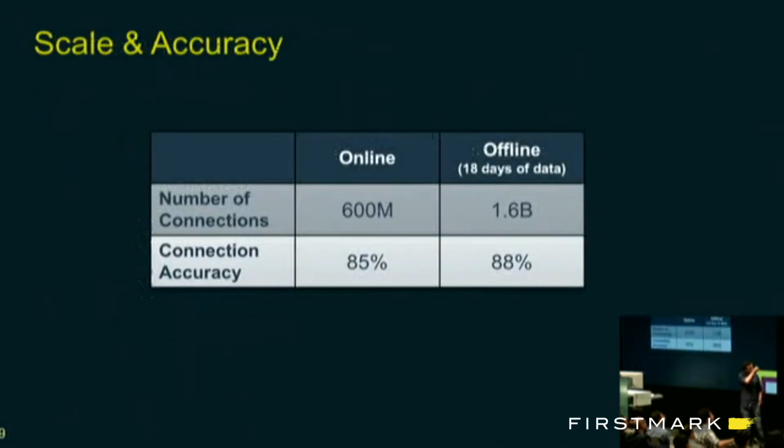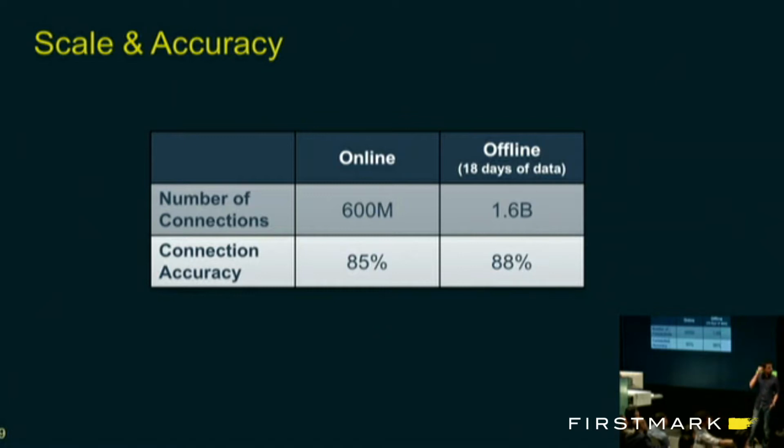And what we found is that we took the number of connections, called the density of our graph, from 6 million edges to 1.6 billion. And our accuracy stayed roughly the same. And here we measure accuracy. We have a third party come in that has what we call deterministic data in the industry, which is they have login data on various devices, and they can create these deterministic bridges. And they come in and audit our graph on a regular basis. So we found that it's a pretty good model here.